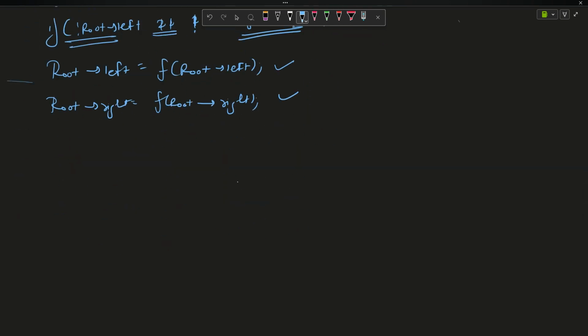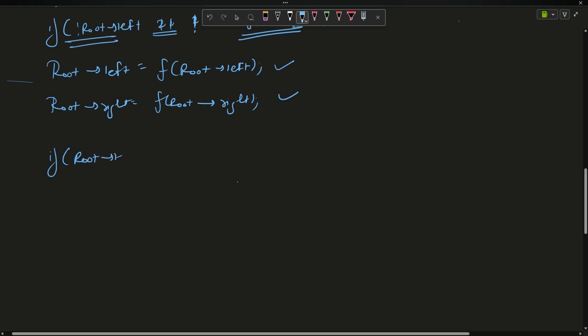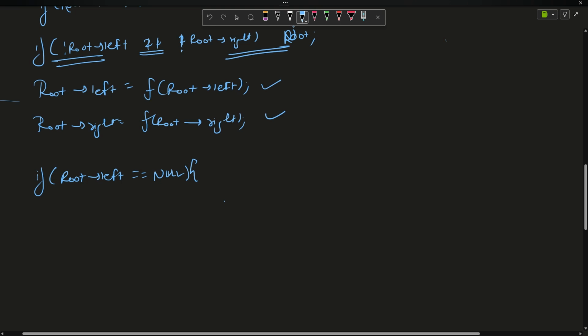Now, after processing both the children trees, what do we say? If my root left is equal to null, what does that mean? If root left is null, and this condition says that both of the nodes are not null at the same time, that means root right is not null. In that case, return root right. Right? And similarly, if root right is null, in that case return